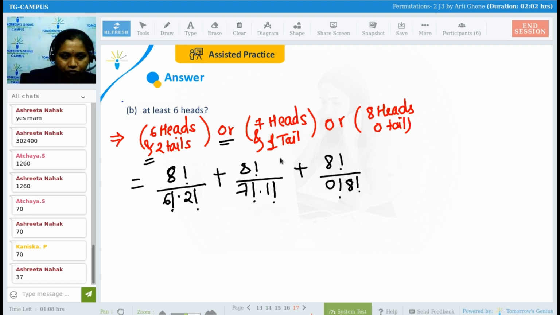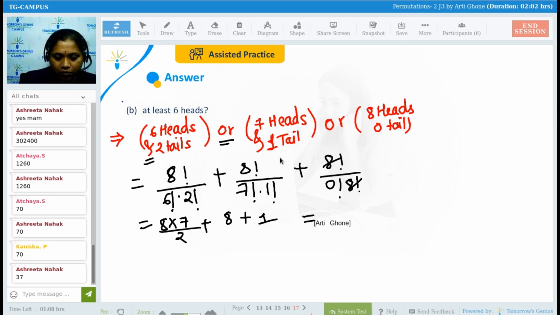So do this calculation, you will get the quick answer: 8 into 7 by 2, plus 8, plus 1, since 8 factorial completely cancels. Okay, so the answer will be